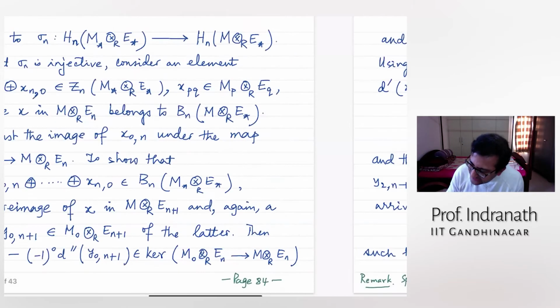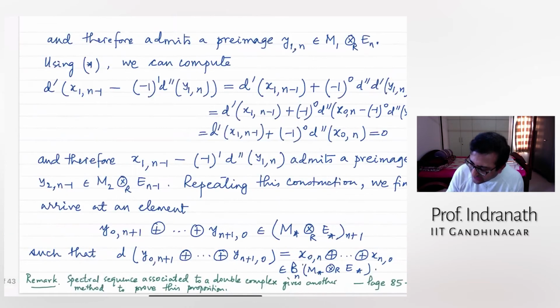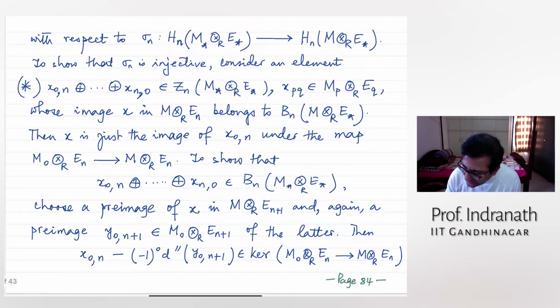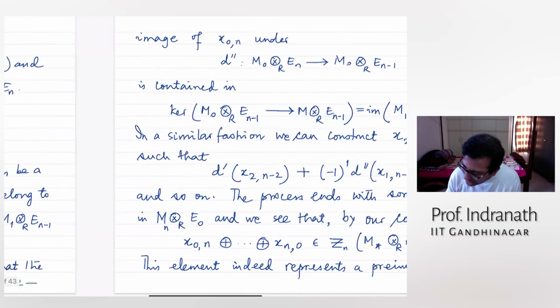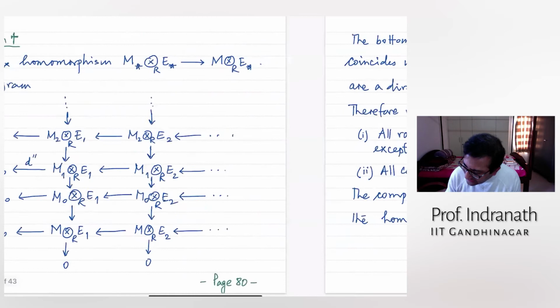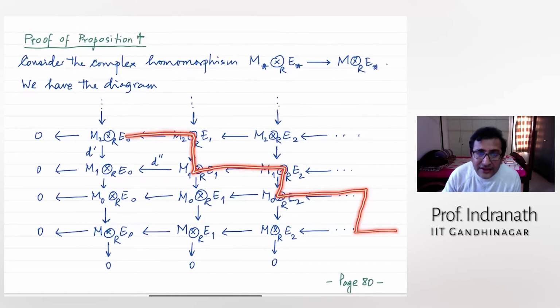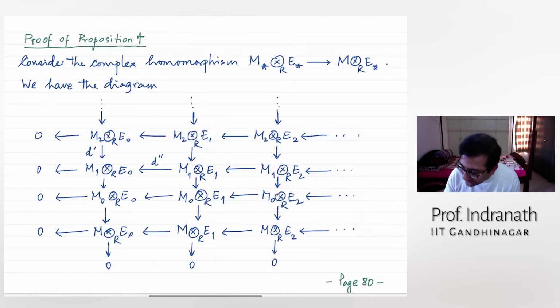Please go through this once, and if necessary we can take it up for discussion again. But the main idea is exactly what I've said: if you have the picture here, then every time you chase it like this. You are increasing the M's and decreasing the E's. Suppose you have started here, then you go up like this, and eventually you have your element. And when you have the element, you show that it is unique.